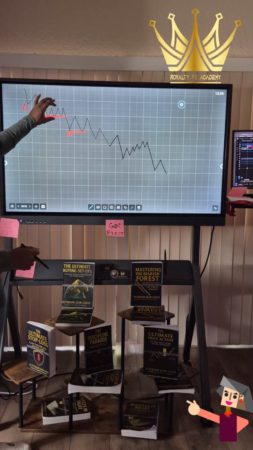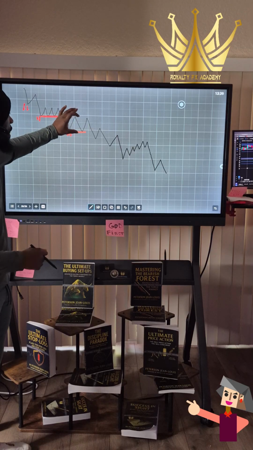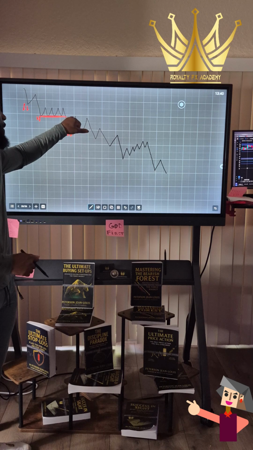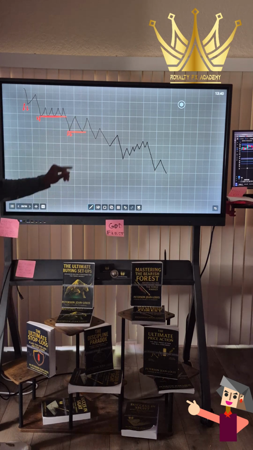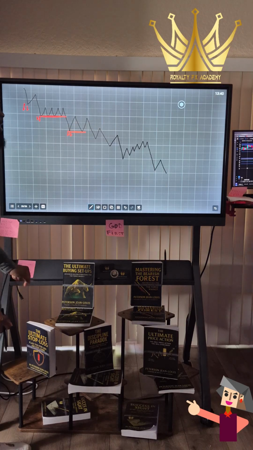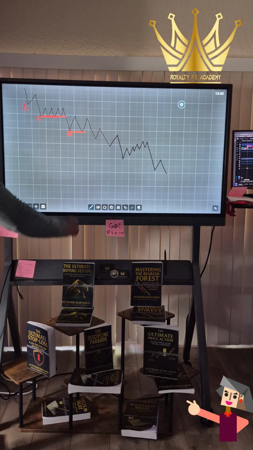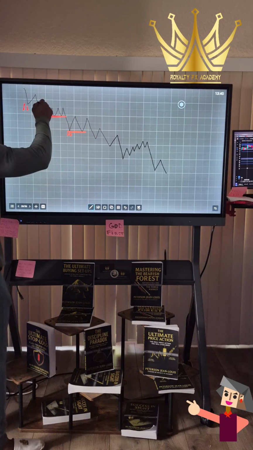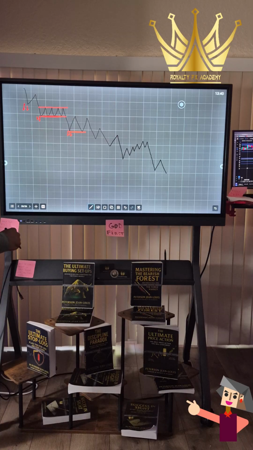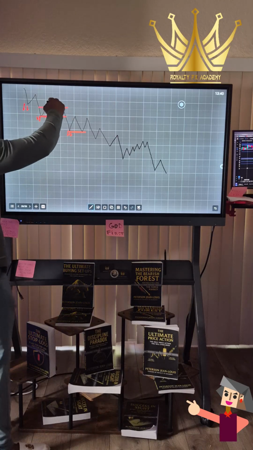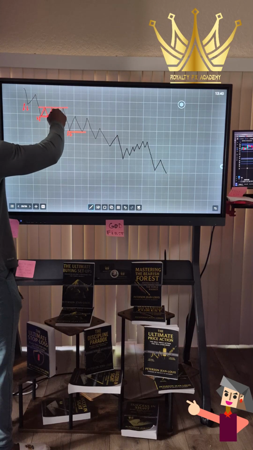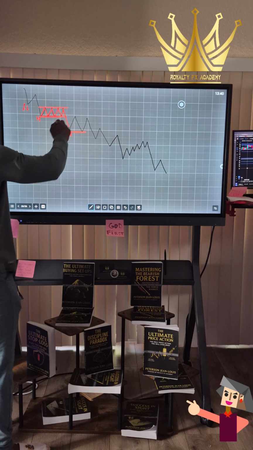The only difference between this consolidation and this one right here is that it's a lot farther apart. If you took this sell here and you happen to close it here, or you got wicked out, you'll be able to take it again. Now, when you see this in the chart, this will be more of a consolidation, where it just stays in a rectangle, and then it falls.